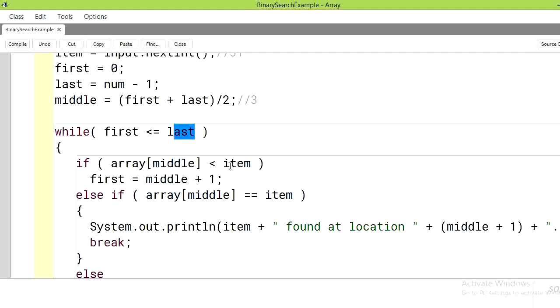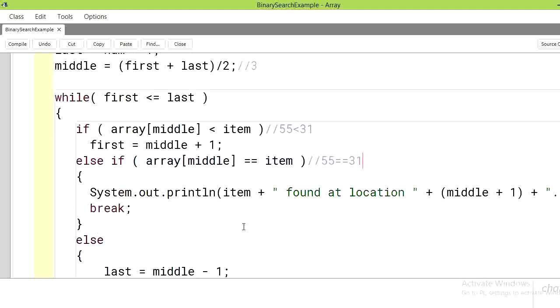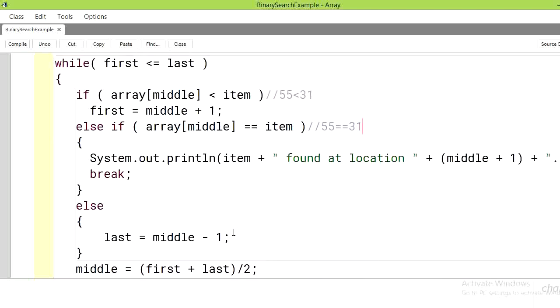Is 55 less than the item, 31? No, this part will not execute. Is 55 equal to 31? No, that part will not execute either. Then the else part will execute here.